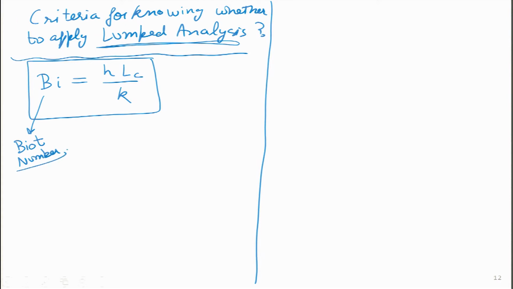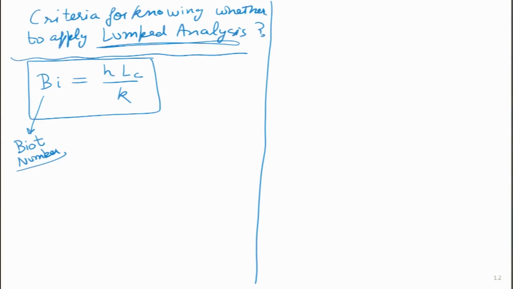So I think most engineers are more familiar with non-dimensionalized numbers. I think everyone has already studied earlier somewhere or heard about Reynolds number, and in this course we will study so many more numbers. It will be Nusselt number, Rayleigh number, Grashof, Sherwood number, Lewis number. So these are all famous scientists and engineers in the past who have non-dimensionalized some form, and this Biot has non-dimensionalized it in such a way. So if you look at the dimension of this particular term, it turns out there is no dimension, it is a non-dimensionalized number.